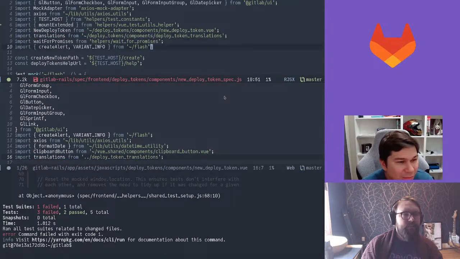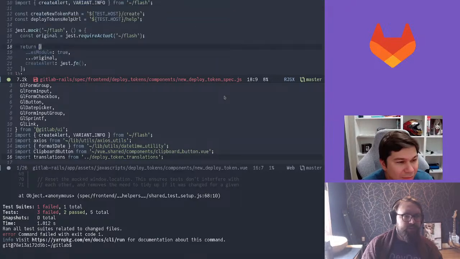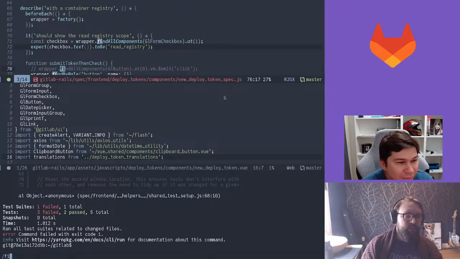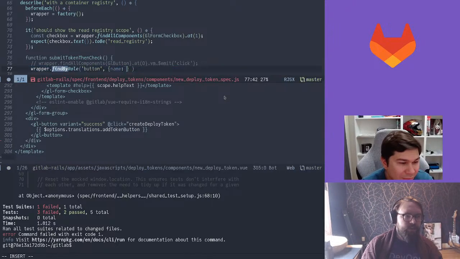I'm not a big fan of importing the translations in the tests because I feel like it's just testing to make sure I can spell something consistently, and not actually testing to make sure that the text is right. You know. Yeah, that's true. But for now, as we are pushing